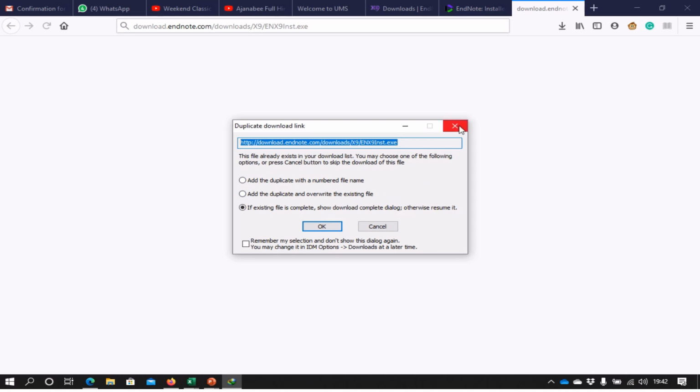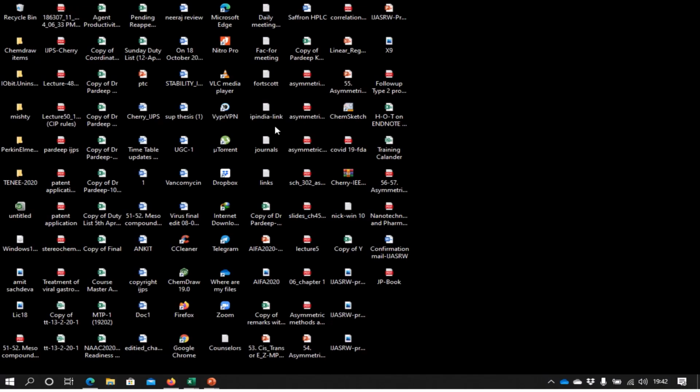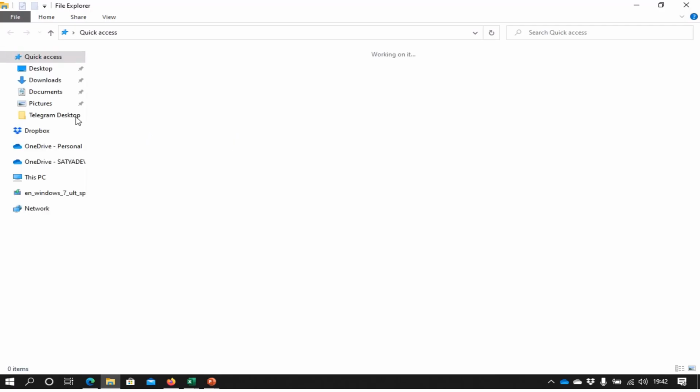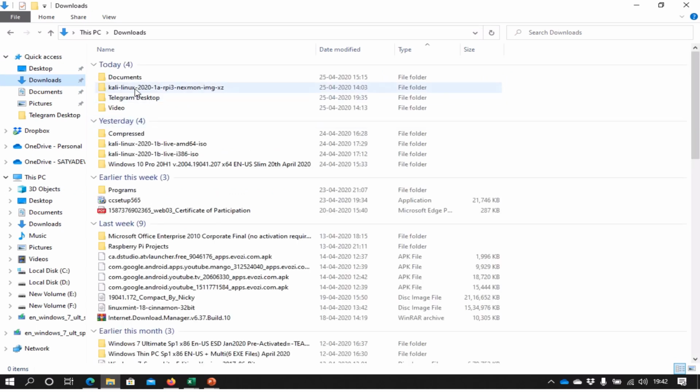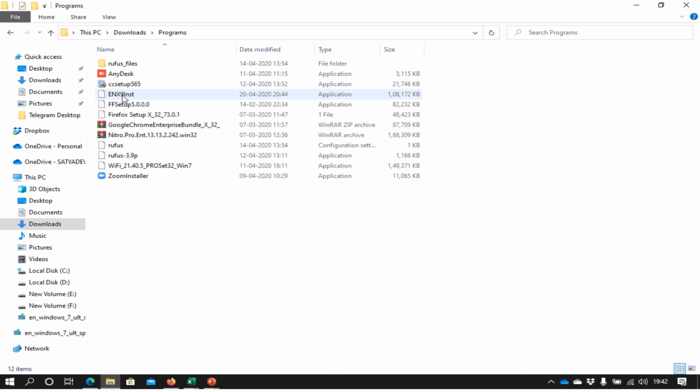I have already downloaded this one, so I'm moving towards that part. Downloads, where is my program? Okay, so the EN X9 installer is there.